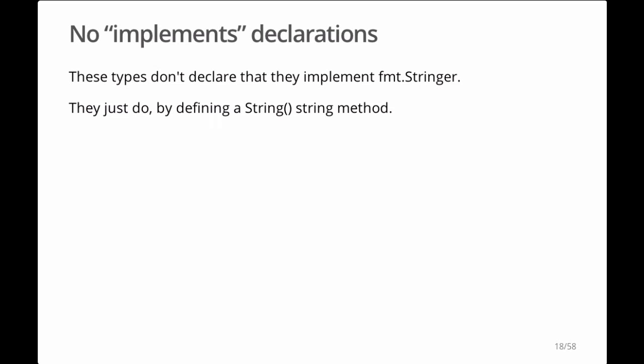Another important reason not to have implements declarations is that you can notice patterns after the fact and write interfaces to describe them without having to go back into the packages and annotate their types to say explicitly that they implement your new interface. Maybe you're just a user and you noticed a pattern in the standard library and you want to create an interface that captures that. In that case, going into the standard library and making changes isn't even an option. But in Go, you don't have to, and you can still use these interfaces.